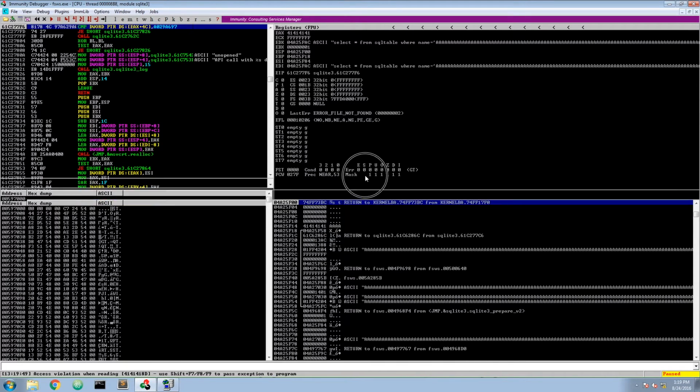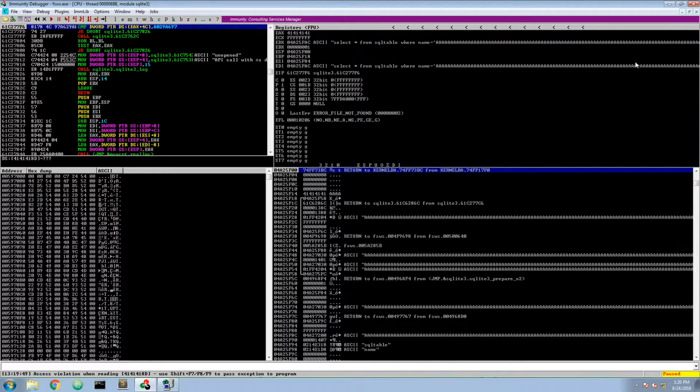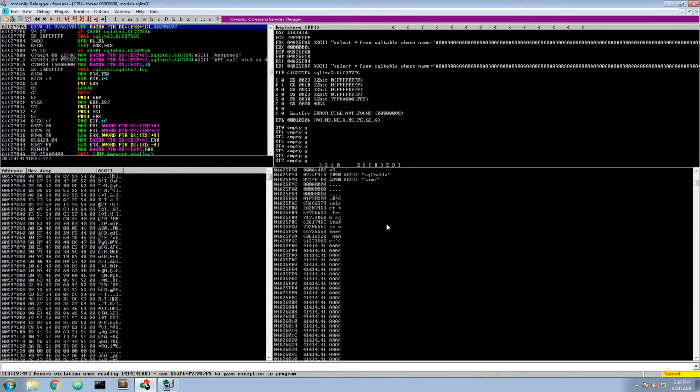And if we scroll down the stack, we can here already see the A's. It looks like there's an SQL table in the background of this web server, and it's making a query to find the website it wants to deliver. And it looks like the file name can be as long as we want it to be. And if we scroll down here, we see all our A's.